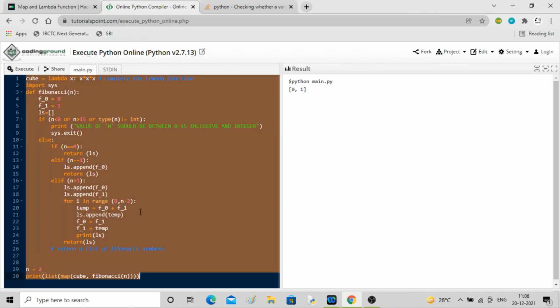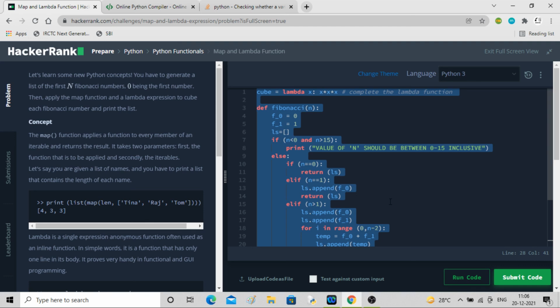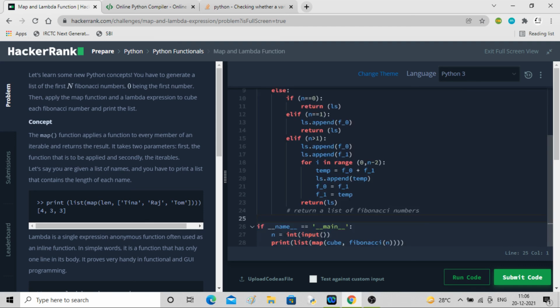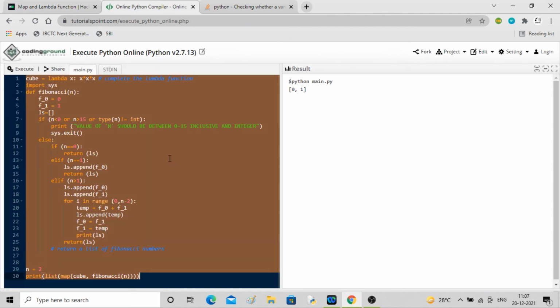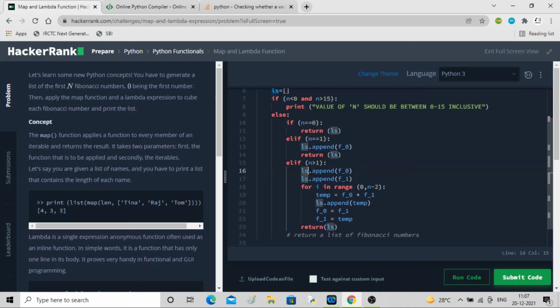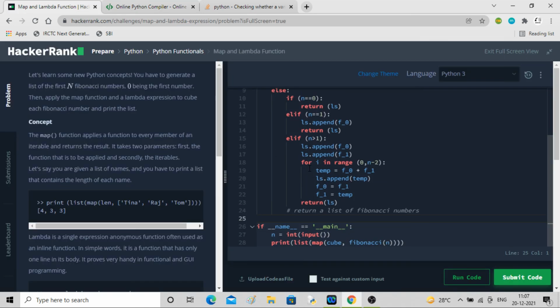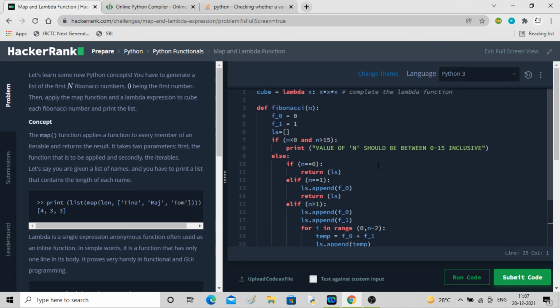So I'll take this, Control A, C, Control A, V. That is not pasting.